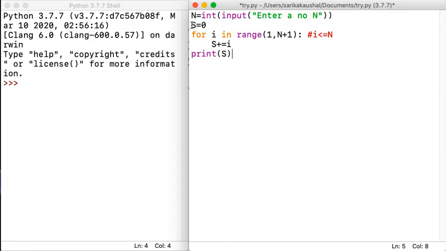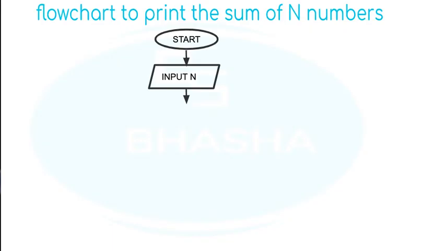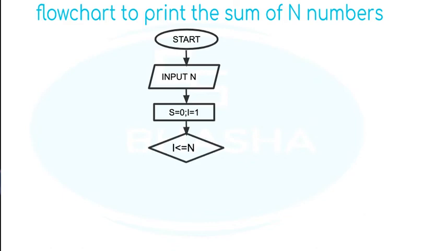Okay, so there are two initial values that you are setting, one is s and the other is i. So here also you will basically take two variables, s as 0 and i as 1. Now for how long are you supposed to continue with this program? Till the time the value of i is less than or equal to n. So if this is true, that means you need to increment the value of s with i. So s will become s plus i, and i will become i plus 1. So i is also simultaneously getting incremented.